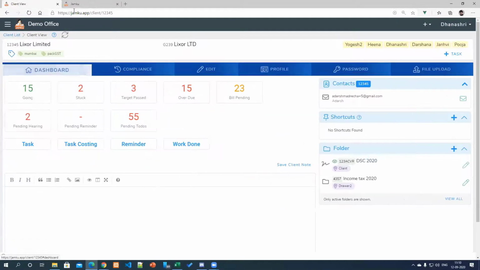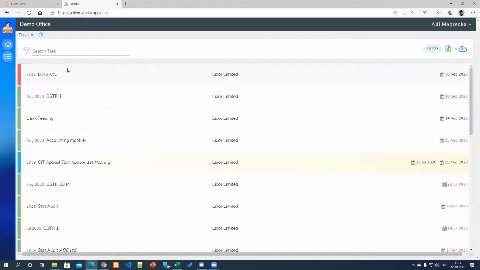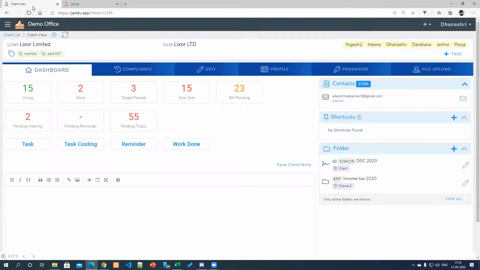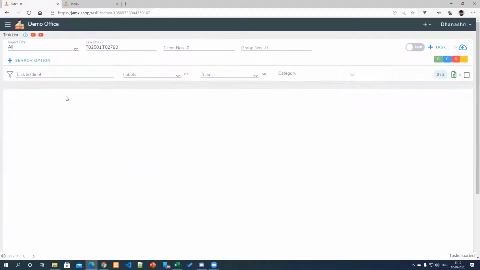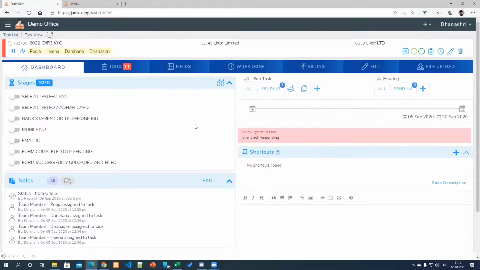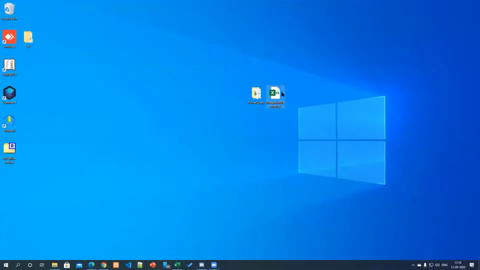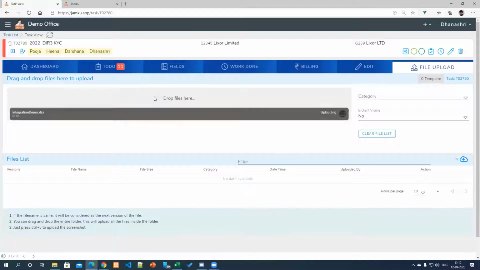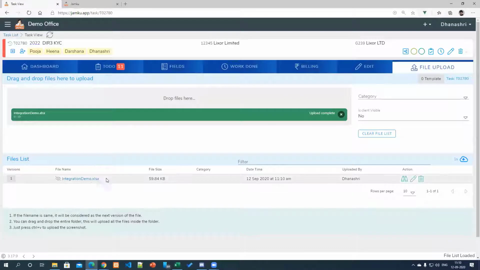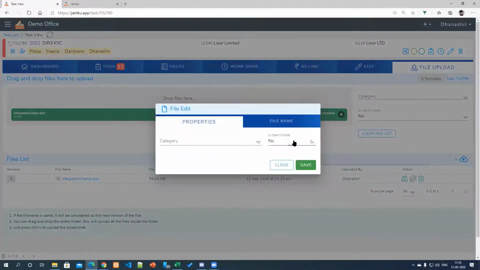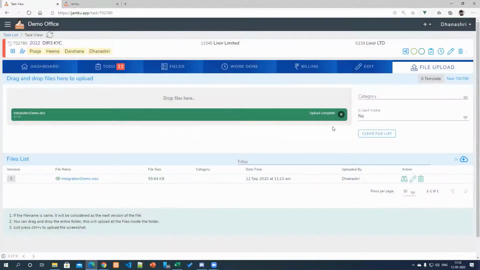Now going back to the task, let's pick up a sample task, say DIR KYC. I'll also click on stuck task. This is the one, and let's go to the file upload, and let us upload a sample file here. So let's drag and drop a file here. And now, if you have existing files like this, what you can do is click action, make the client visible, yes, save it.